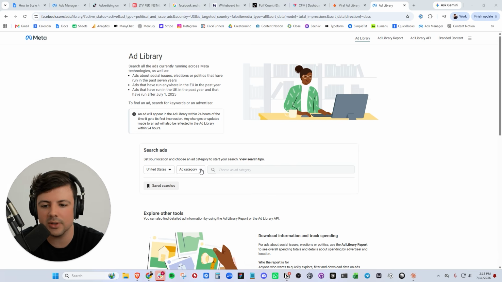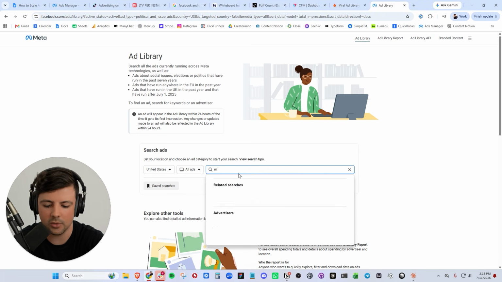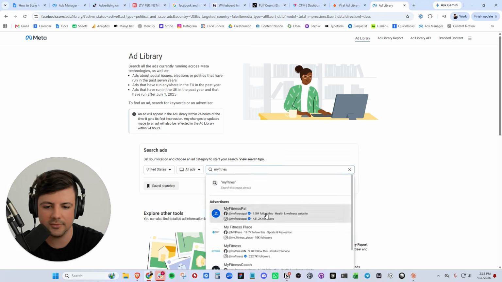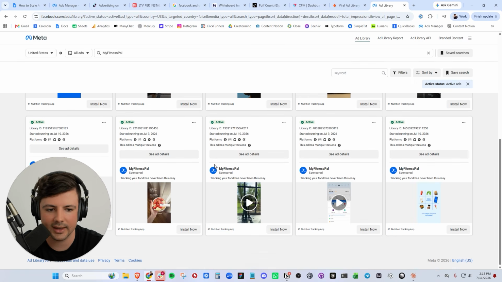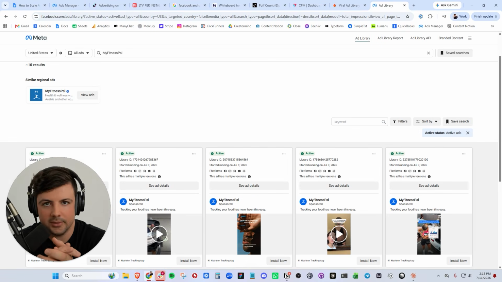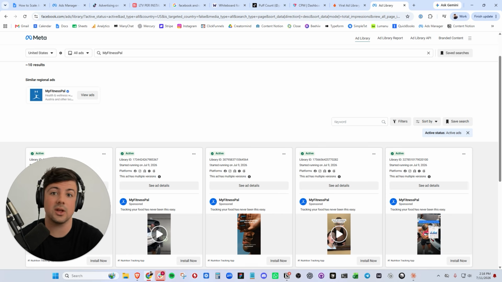Alternatively, you can also go to the Facebook Ads Library. You can type in any one of your competitors. Let's go type in MyFitnessPal, and bang, here are all of their active ads, right? There's no reason to reinvent the wheel. You should simply look at what is working for your competitors, what is working for companies in your niche, even if they're not a direct competitor, even if they're not doing exactly what you're doing in your product,